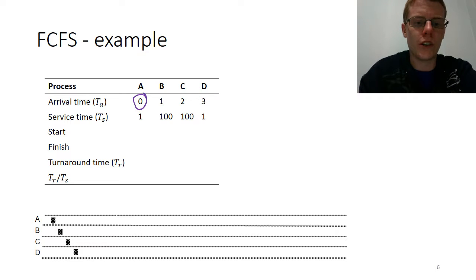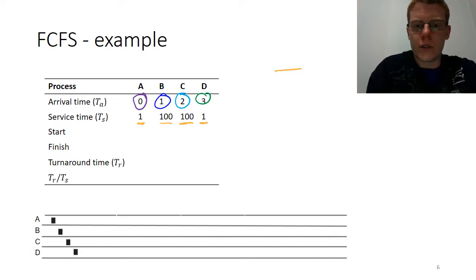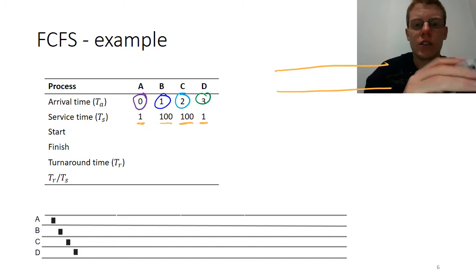So process A, which we'll denote as purple, arrives at time 0. Process B arrives one time unit later at time 1, process C at time 2, and process D at time 3. Now one thing we note is that these processes have very different service times. Process A only requires 1 time unit of service time, and the same for process D, but process B and C are both very long running processes, both of which require 100 time units each to run. So we will also refer to our ready queue here,